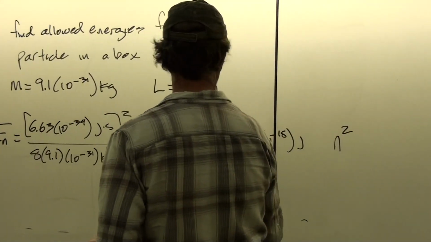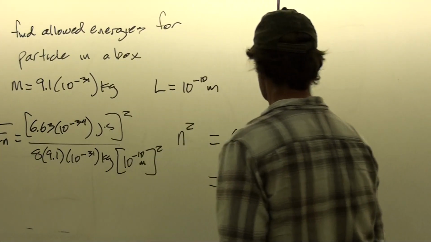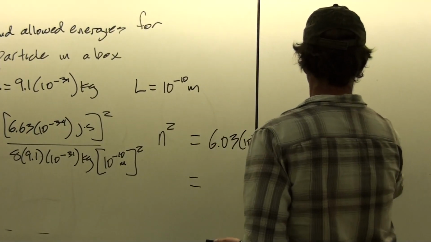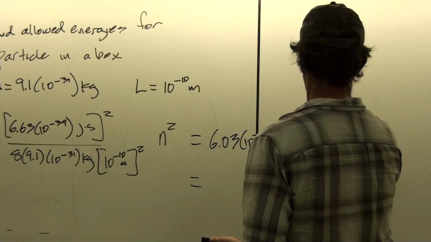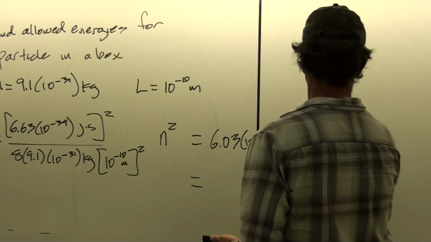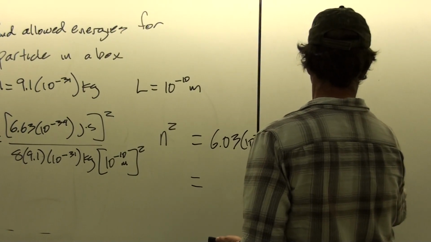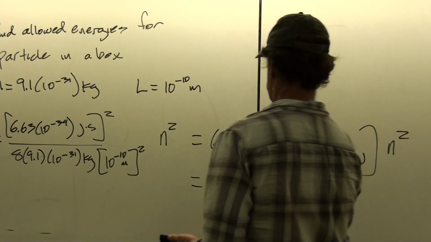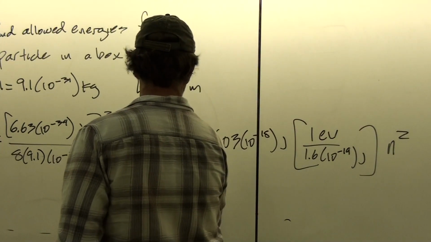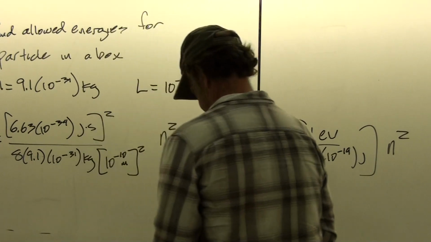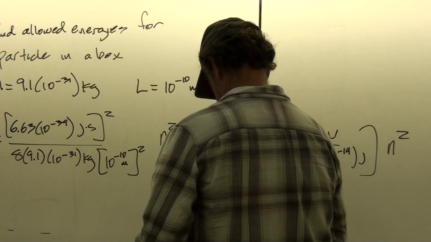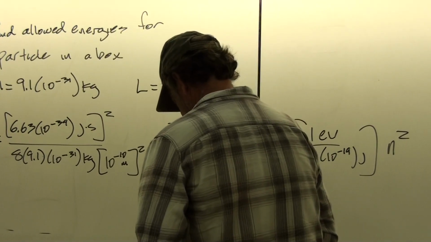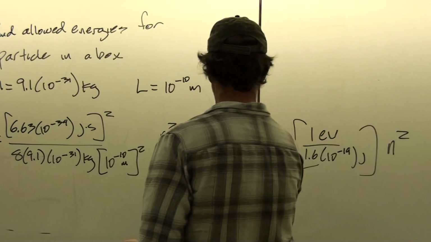And let's just do one more step here where we convert joules to eV. So E_n then is 37.7